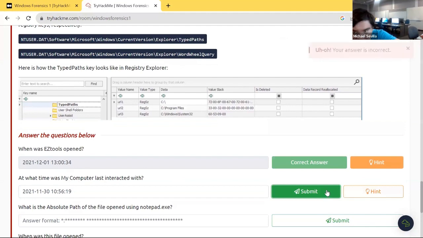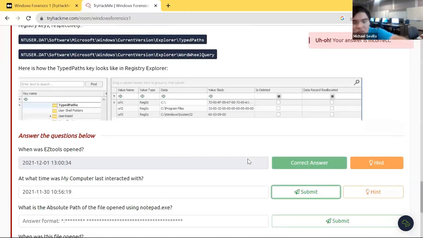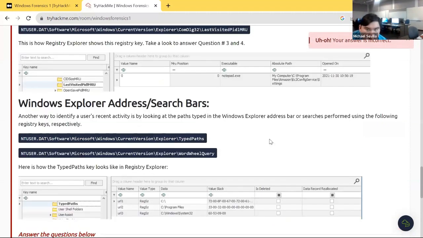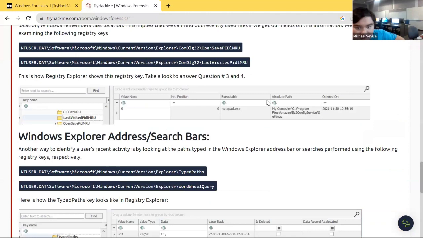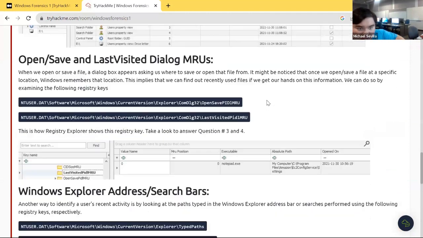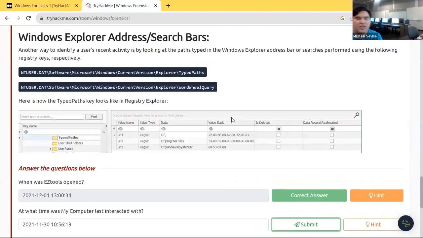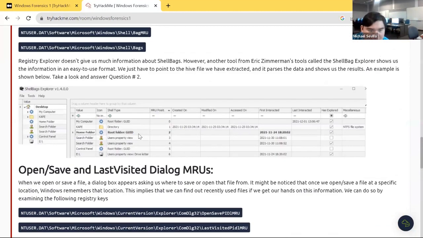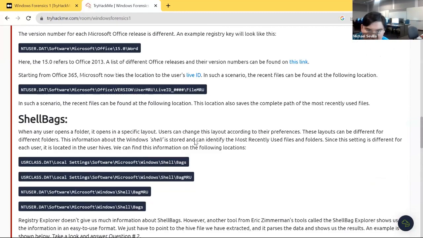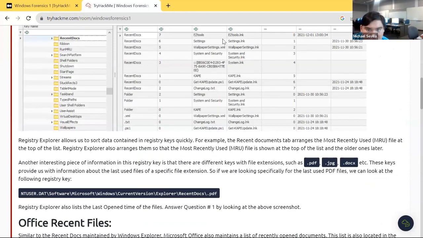This thing hit me. Was that a notepad executing? Oh, the path. Okay, yeah, I got you. So the path, we want the actual application itself. So it's asking, at what time was my computer last interacted with? So we want to see when this interacted application was last interacted with. So it's going to be